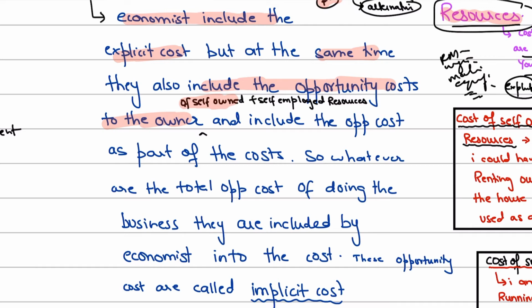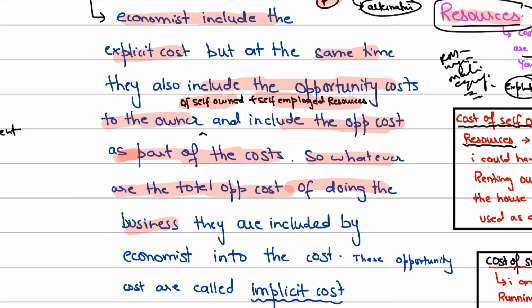I could have rented that machine out or given it to someone, or maybe I would have loaned that machine out to someone and I would have earned interest. Again, that is the benefit foregone and that would become part of the implicit cost. Plus the self-employed resources, instead I could have done a job, and it includes the opportunity cost as part of the cost, right? So whatever is the total opportunity cost of doing the business,